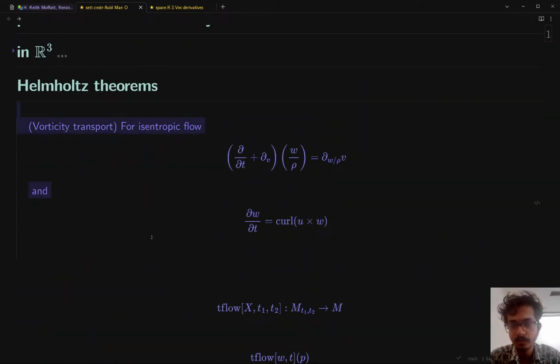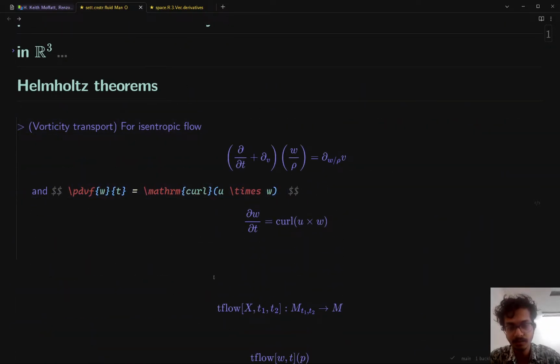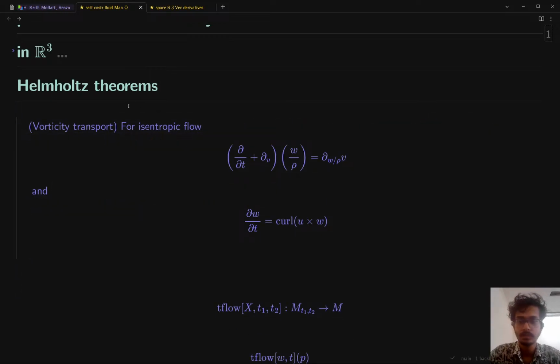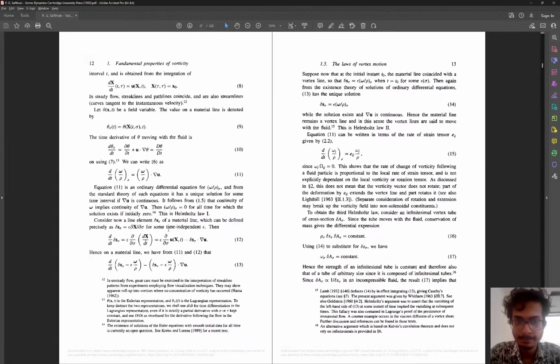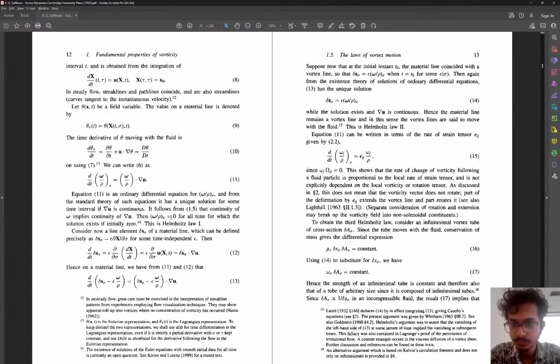So on a 3D Riemannian manifold, if any vector field satisfies this kind of equation, where W is the curl of U, then whatever is happening, that should work out. What they're trying to say is you flow. So yes, this is a solution. So if you flow along U, the velocity vector field U here, then